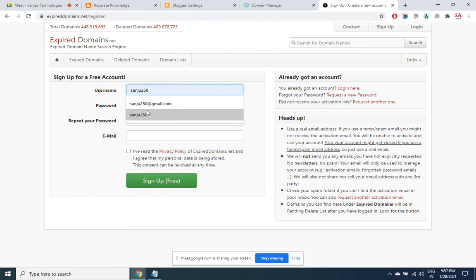Let me quickly sign up because we want to search the domain with regard to the keyword.